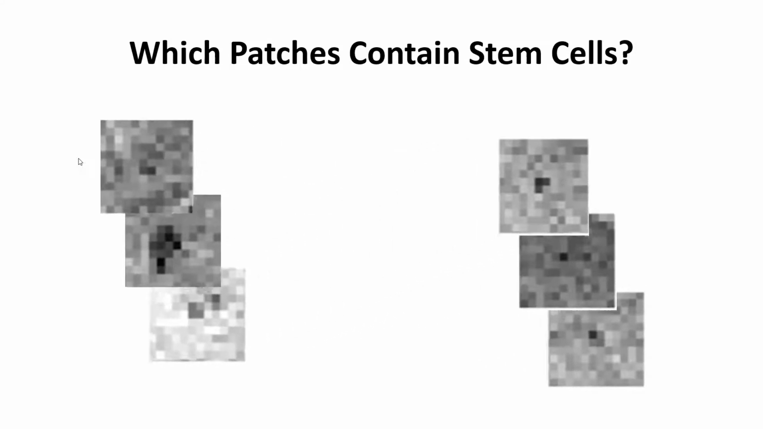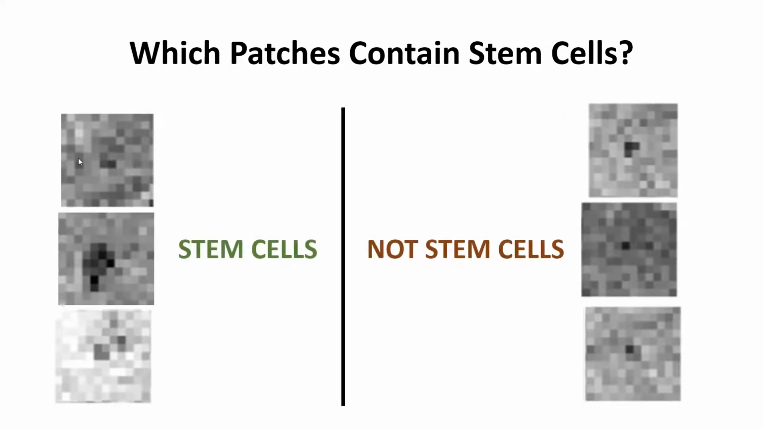We're going to start by considering these 6 patches taken from an MRI of a rat brain. This rat has been injected with stem cells. Can you tell the difference between the patches that are centered around a stem cell and the ones that are just centered around a dark spot? As we can see, this is a difficult task visually, and it turns out there is another reason that